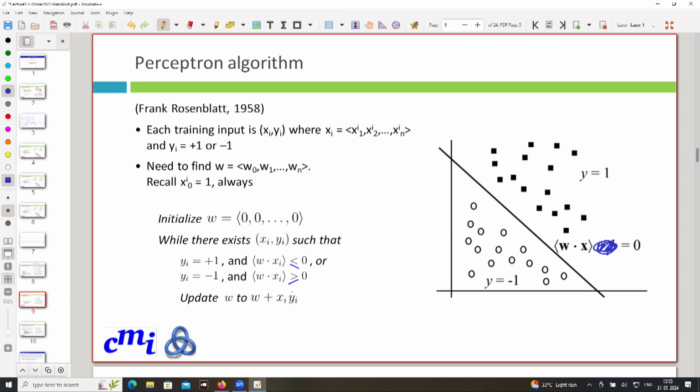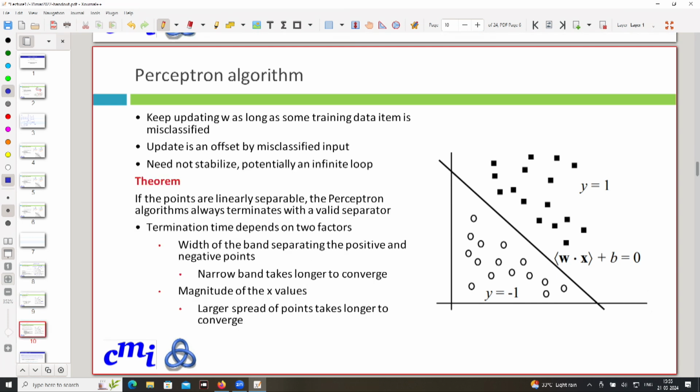Now, if I don't show you anything, it is not clear why the algorithm should even stop running. So I have maybe 10 data points. I update W to fix it for the first data point. That might break W for the second data point, so I update W to fix the second data point. It breaks it for the first data point. This can keep happening in a loop, because there is no other termination condition. But we have this theorem which says that if the data points that are given admit a linear separator,